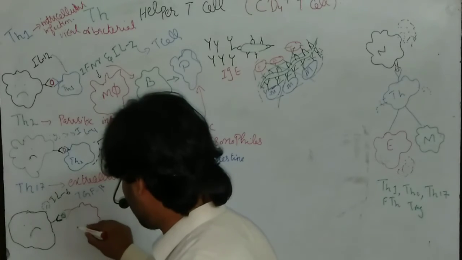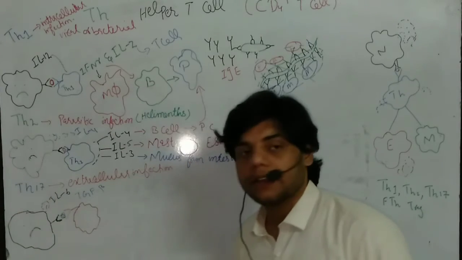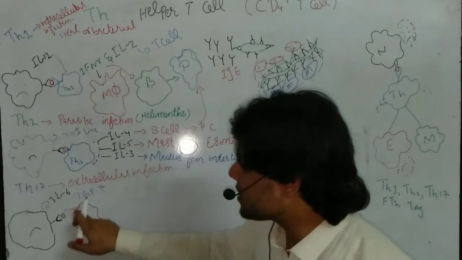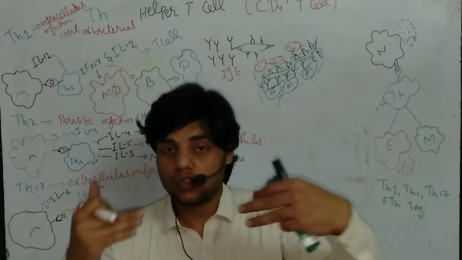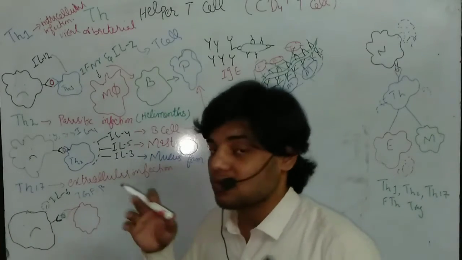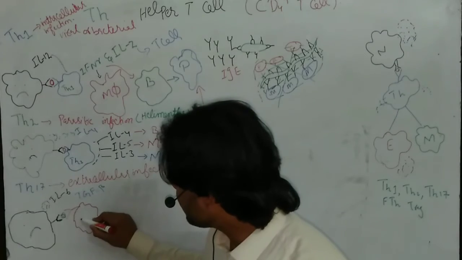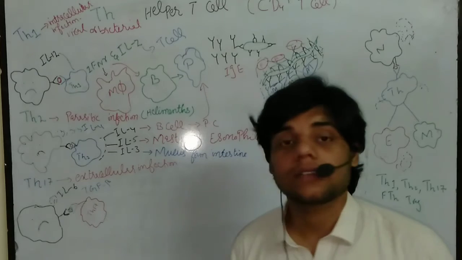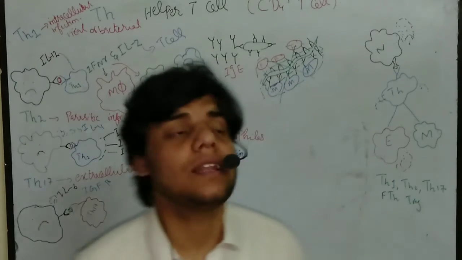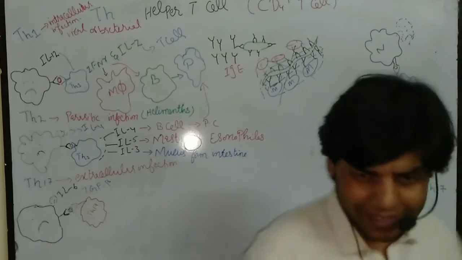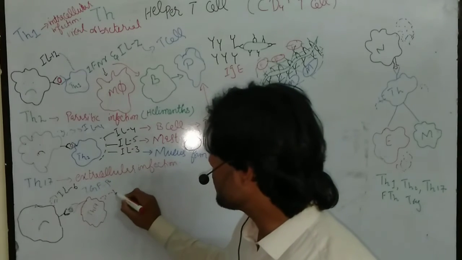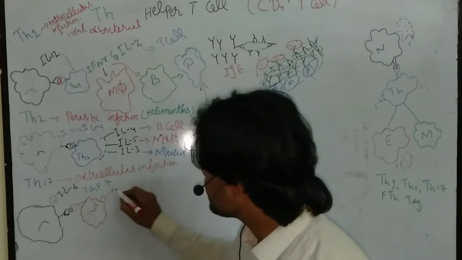So let's suppose this is a naive helper T cell. Once this interleukin falls on this naive helper T cell, it will mature, and after strong recognition, it will be converted into T helper cell 17. Helper T cell 17, as the name indicates, means they will secrete interleukin